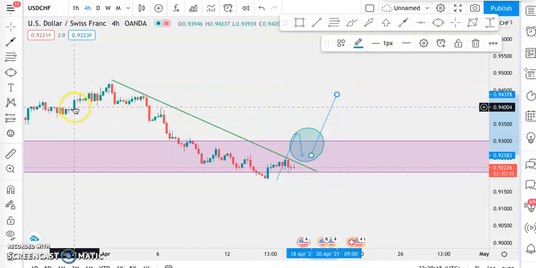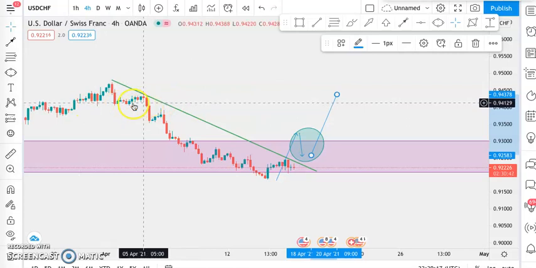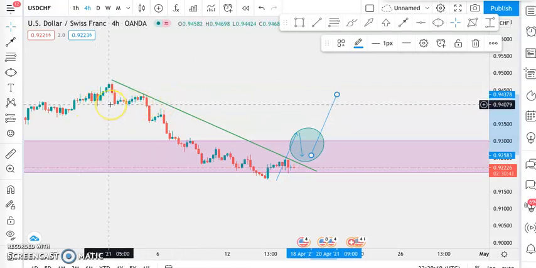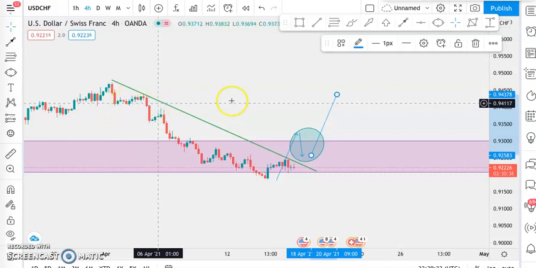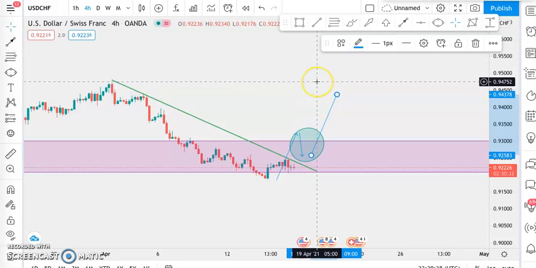First of all, we target the area which we identified as the neckline of the M pattern that we saw, and then of course, if we do get a break above that neckline, the USDCHF could still rally to the upside. So this is the situation on the